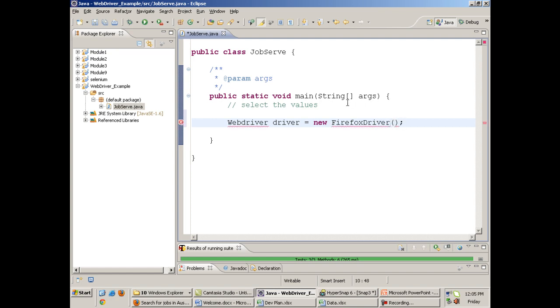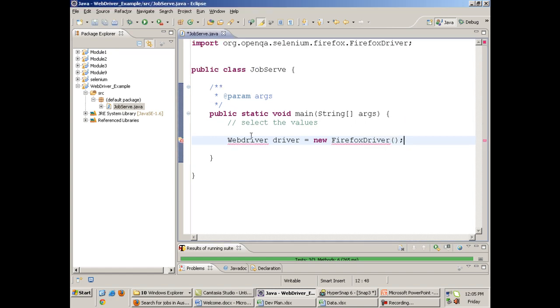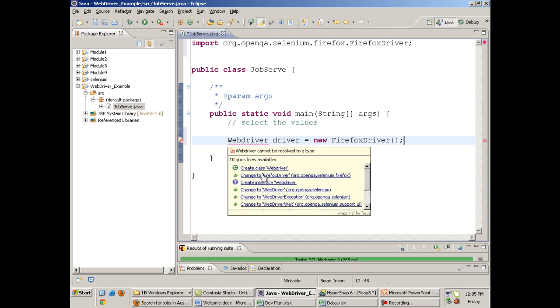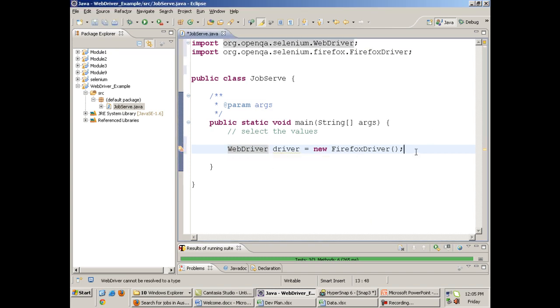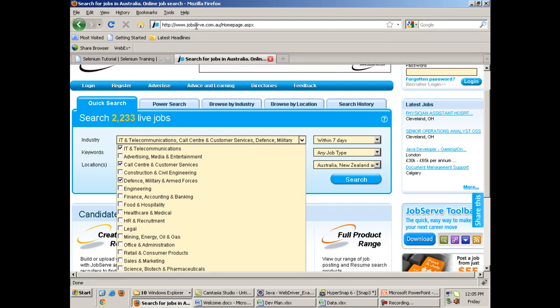I open the Firefox and I import the WebDriver class, and then I write driver.get and the URL of the website, that is this URL. I need to go on to this URL.